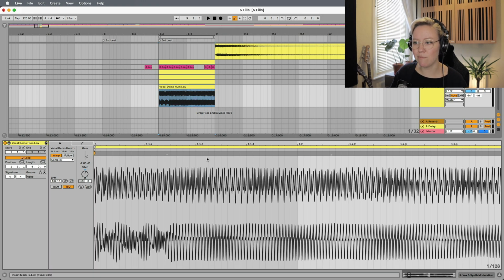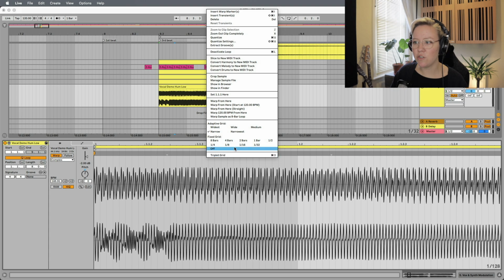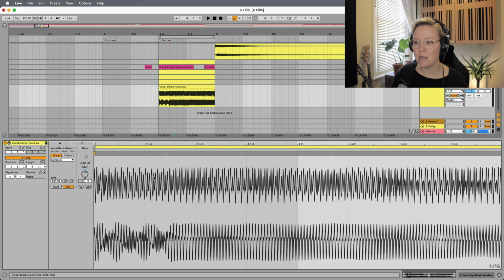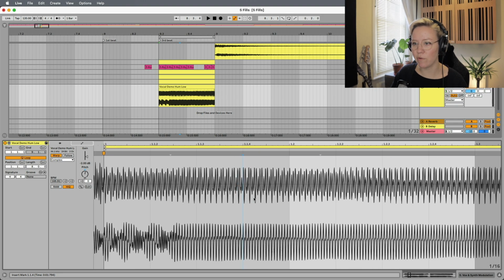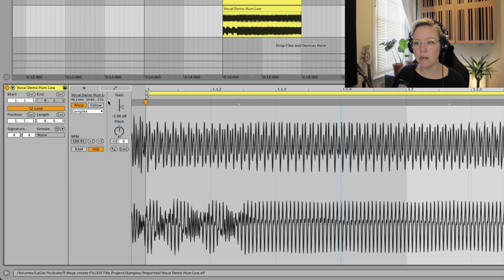So we're going to double click it. And now we're going to use the grid here on the clip and put 1/16. So now you can see that there is 1, 2, 3, 4, and 1, 2, 3, 4. Perfect. That's what we want. So now I'm going to go here on the